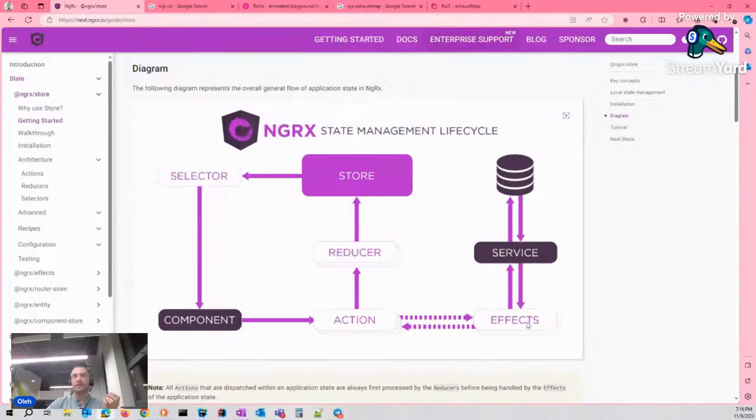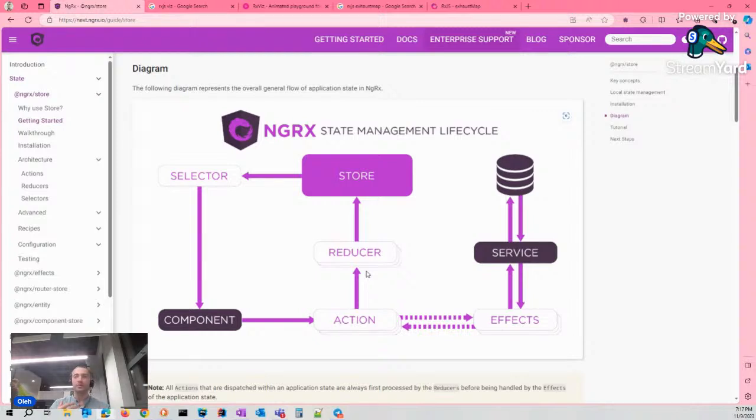Effects is just an additional system that allows us to make some process, because action, selector and reducer entities only save the data and retrieve the data, nothing more. There is no process, no handling.